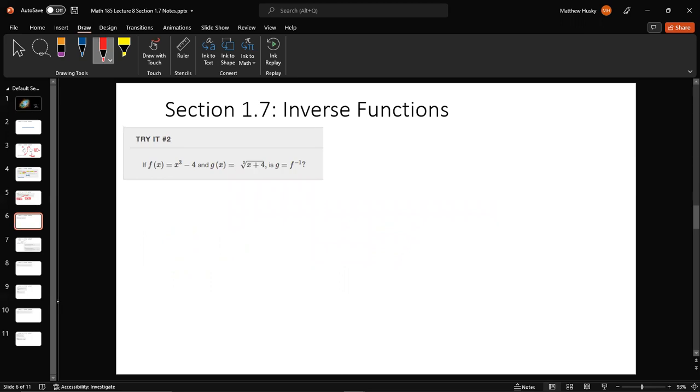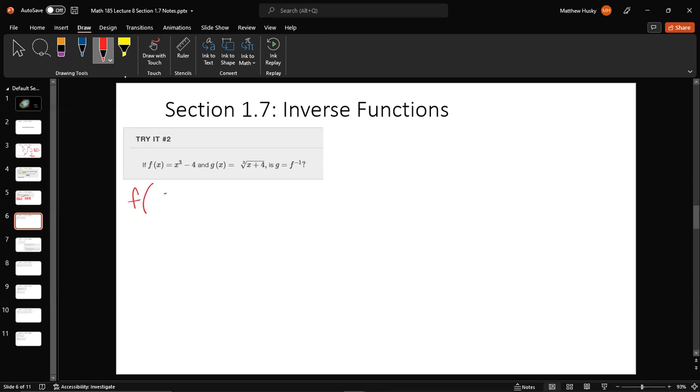So here they say f of x equals x to the third minus 4. G of x is the third root of x plus 4. Is g f inverse? Well, how would we test that? Well, what you can do is you can say, okay, if I compose these with each other, so if I